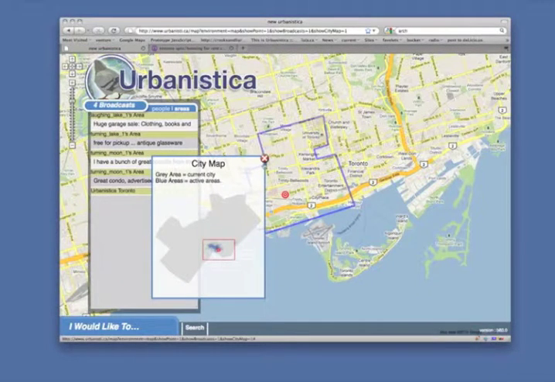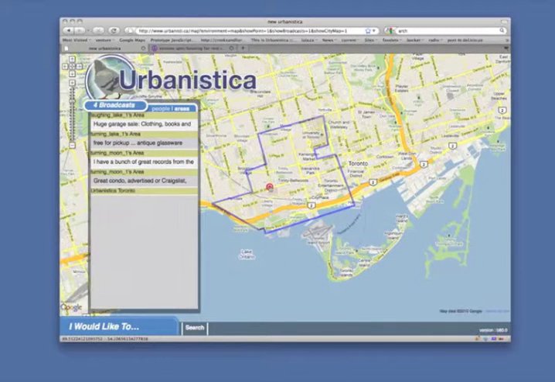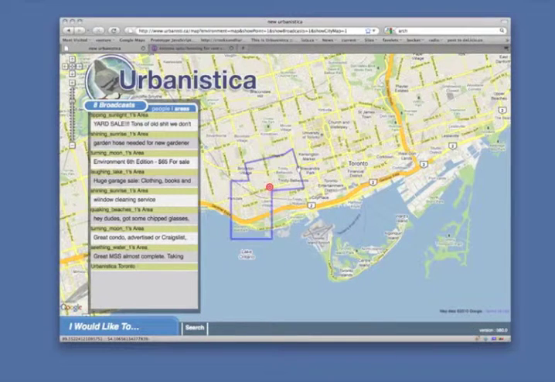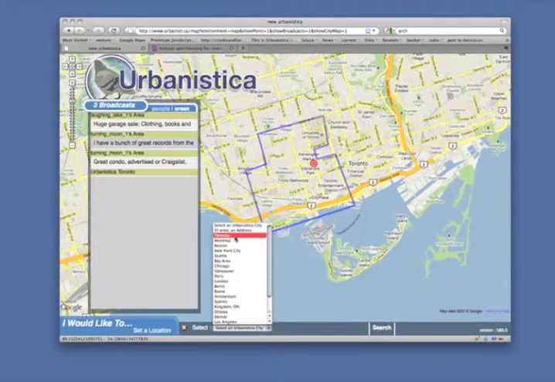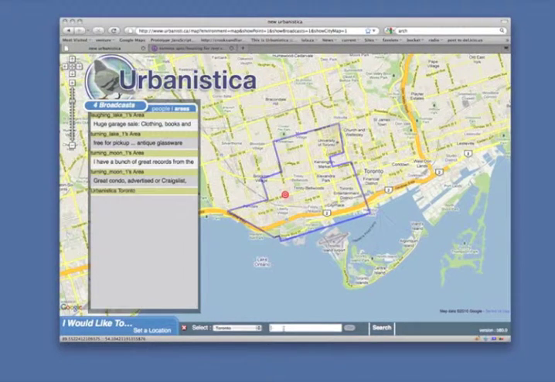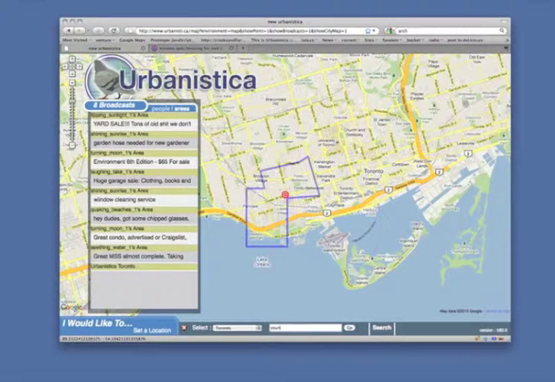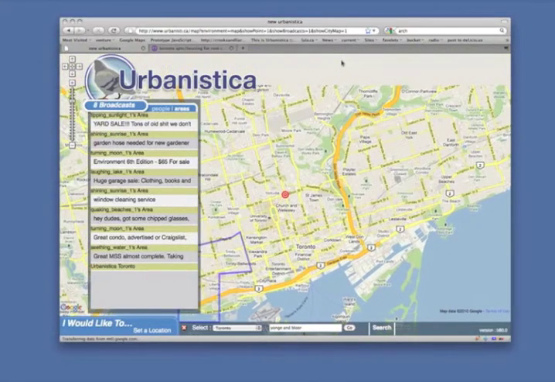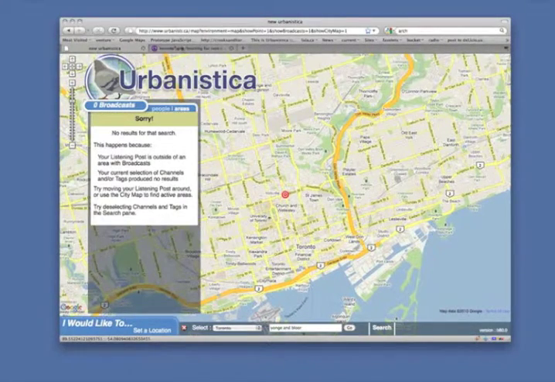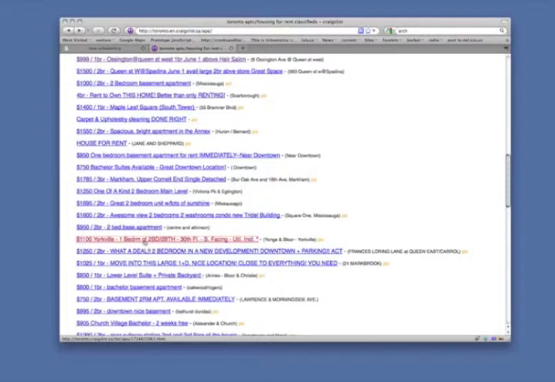I'm just choosing some options to take me to the city of Toronto here, looking at the default screen, and I'm going to ask Urbanistica to send me to a particular location, which I do with this menu, and I'll set the city and an address, which in this case is just an intersection. And this is where a condominium that I'm saying I'm renting, I'm just using an ad from Craigslist to show you, is. So Urbanistica will take me there, and I'm going to go now to Craigslist where we can see